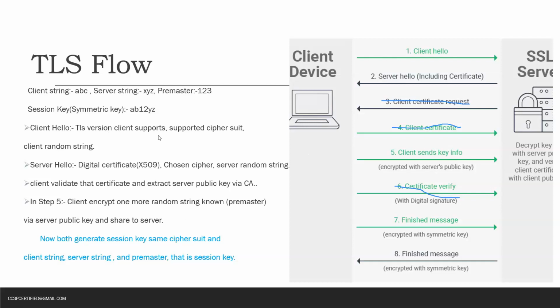दोनों ने जो साइफर सूट सेलेक्ट किया, उससे वो दोनों अपनी की जनरेट, नाउ बोथ जनरेट द सेशन की, द सेम साइफर सूट विद द कॉम्बिनेशन ऑफ क्लाइंट सी, सर्वर सी एंड प्री मास्टर, करेक्ट? तो दोनों के पास साइफर सूट पहले से डिसाइडेड हो चुका है और उन्होंने ए बी एक 1 2 XYZ दोनों ने बना ली है। और एक फिनिश मैसेज जाता है, और जो फिनिश मैसेज होता है वो सर्वर उस नई सिमेट्रिक की के द्वारा इंक्रिप्ट करके भेजता है, ए बी एक 1 2 XYZ के द्वारा, और क्लाइंट के पास वो भी जनरेट है। तो क्लाइंट उस फिनिश मैसेज को डिक्रिप्ट कर लेता है और सक्सेसफुली डिक्रिप्ट कर लेता